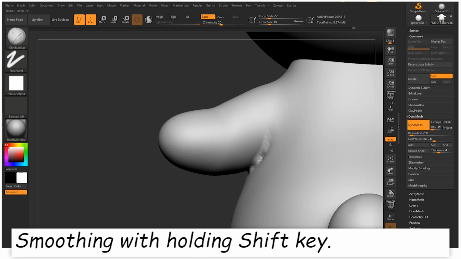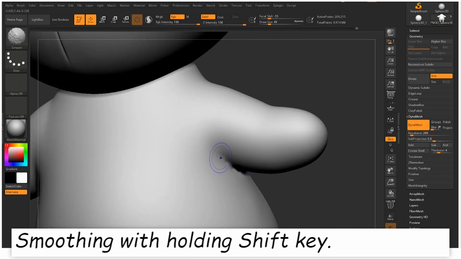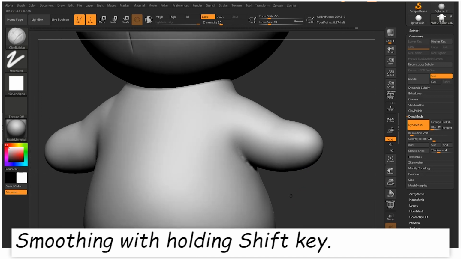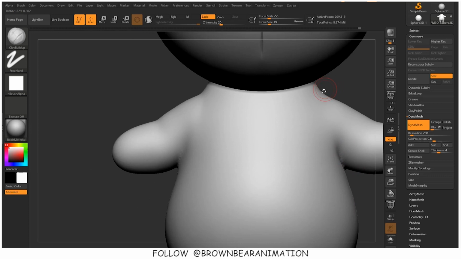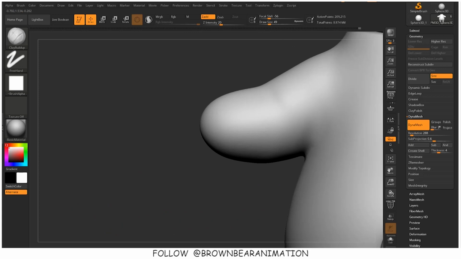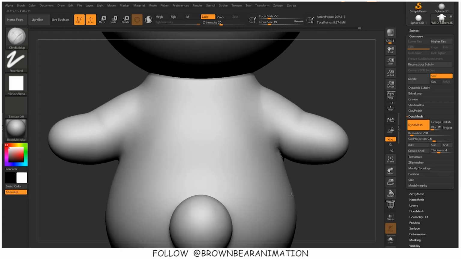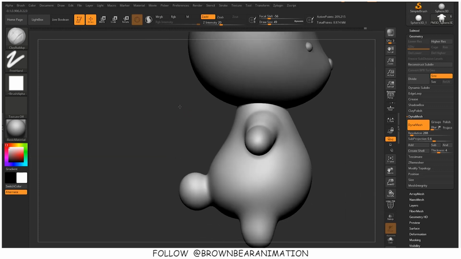I will just clean out the problems which I see while rotating it again and again, because rotating the model is also very important. You have to see it from all the angles for checking out the forms and for seeing that everything is making a good silhouette. You have to check the forms and the volumes by rotating it again and again. And if you see any problem, the move brush is always there. You can use it to change the major forms.